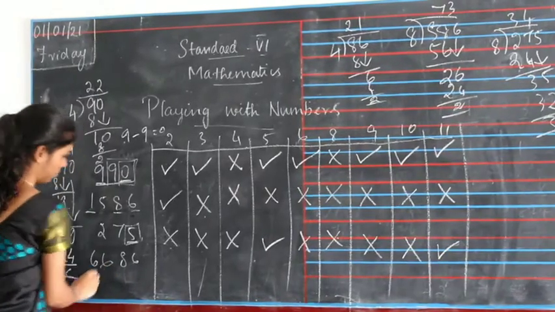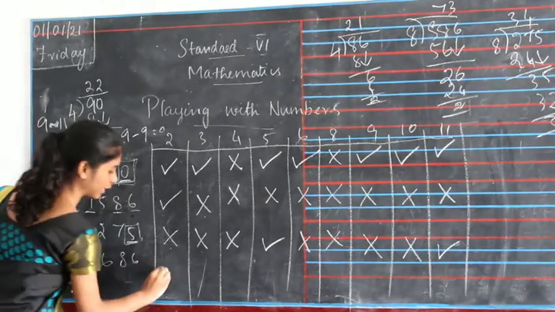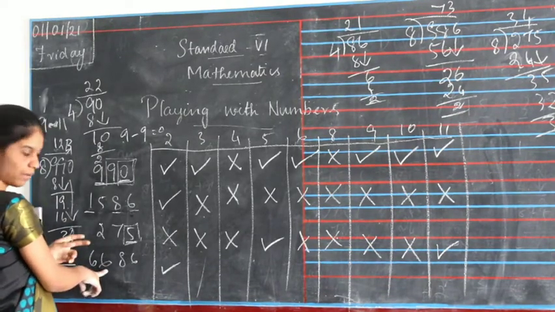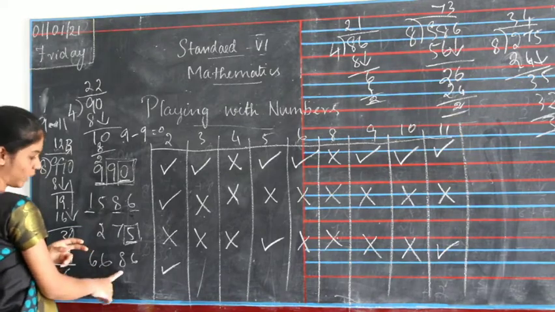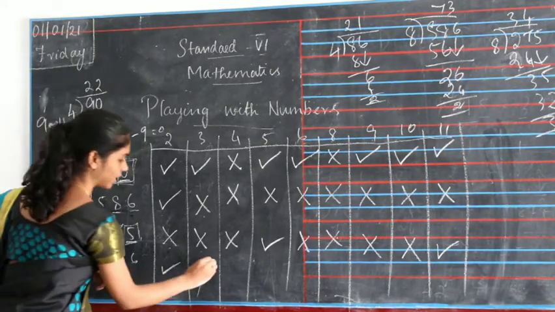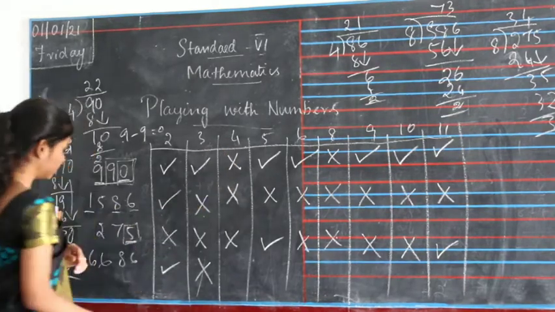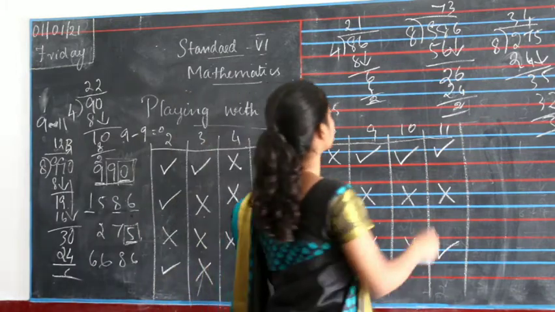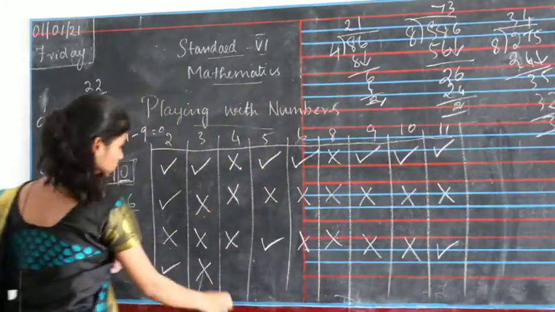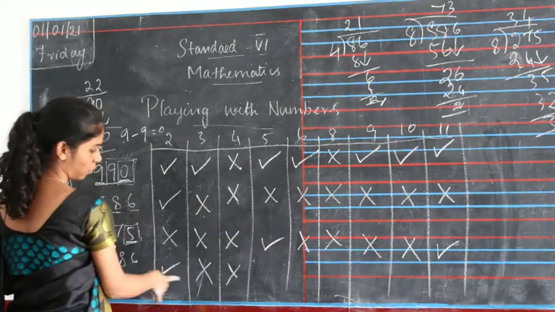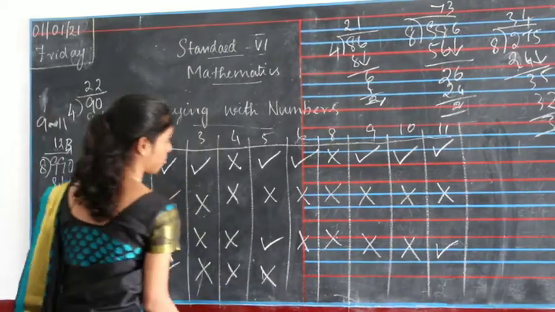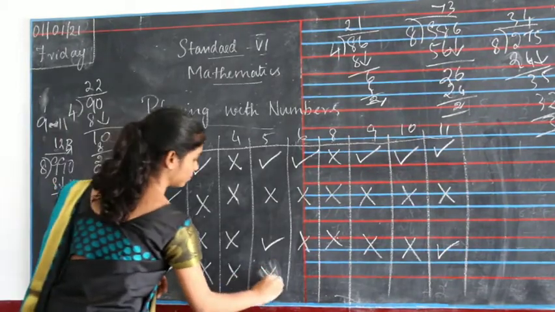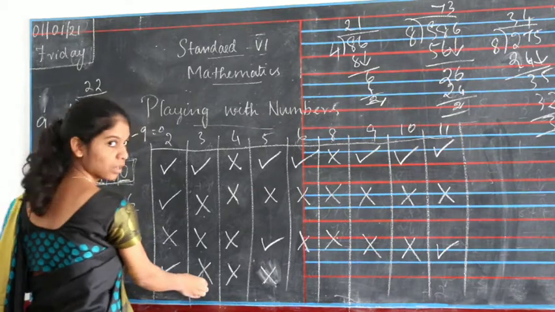And for the last number, 6 is an even number, right? Yeah. And then for 3, 6 plus 6, 12, 12 plus 8, 20, 20 plus 6, 26, which cannot be divided by 3. And then for 4, this 86 cannot be divided by 4, so no. And then for 6, both no. For 5, it should be 5 or 0, right? No. And for 6, it should be divided by both.